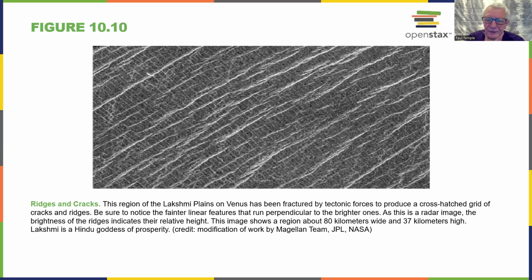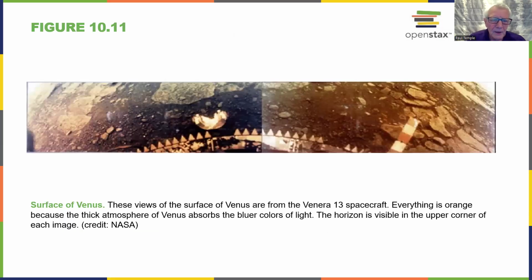This is showing evidence of tectonic forces, like the continents moving. So there apparently is similar, or has been similar, plate action like we have here on Earth. And this is about an 80-kilometer wide, 37 kilometers high, and it's showing cracks caused by tectonic forces. This is Venera 13,